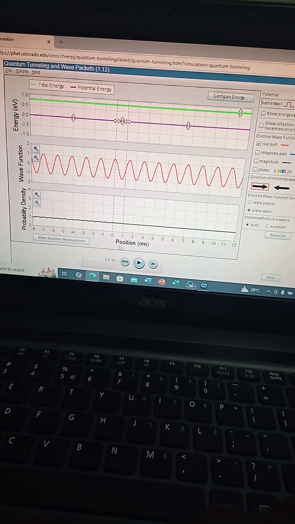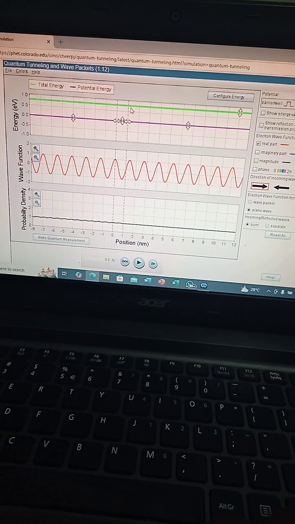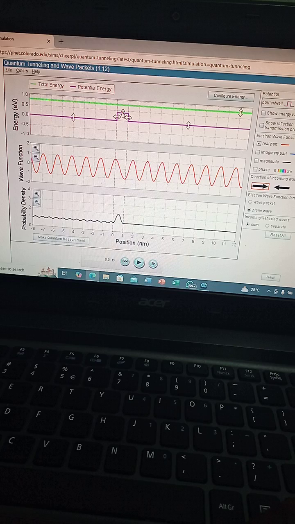Now, as we can all see, the wave function signifies a short wavelength. The wave function of the particle moving across the barrier has a very short wavelength, meaning a very high energy. This is mathematically proven, as the relationship between energy and wavelength is inversely proportional. So by the time we increase the value of the potential barrier to a certain height,